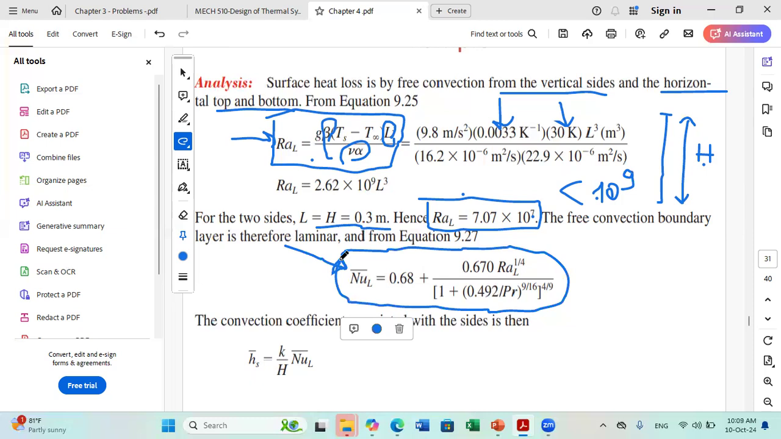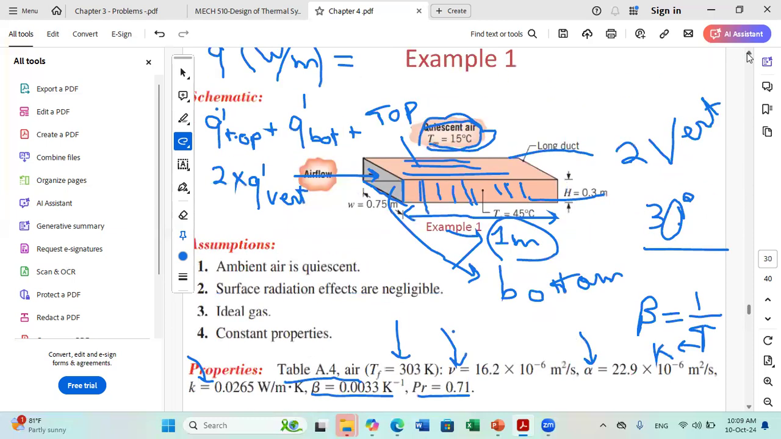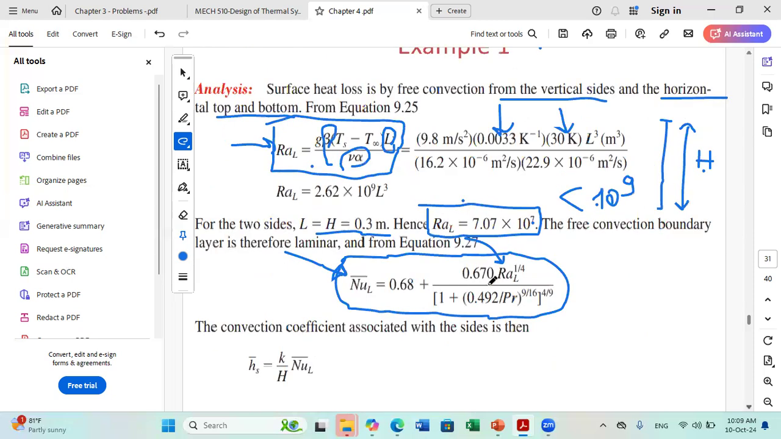Okay, now all you have to do is to replace. You have your Rayleigh, you replace it. You have your Prandtl number here. They said they calculated Prandtl at 0.71. You replace it. Okay, once you replace, you get Nusselt average. Okay, and you say, by definition, what is Nusselt? Nusselt average is equal to h average times characteristic length, L characteristic,